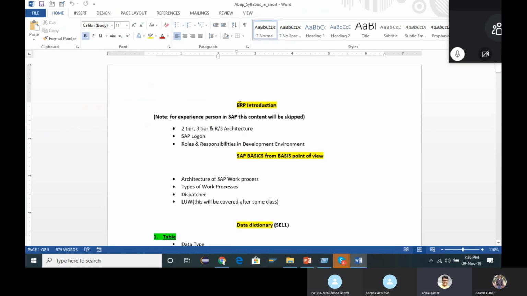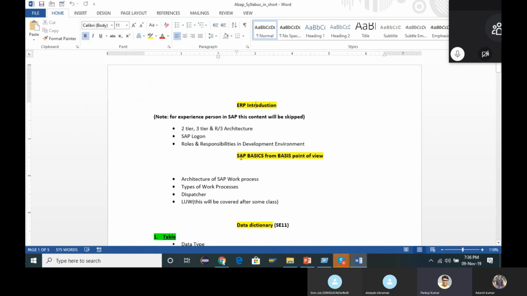fine. So we will see in brief the ERP introduction, why ERP is there and what its purpose is. It will take around 5 to 10 minutes to understand the ERP motto and why it's used.